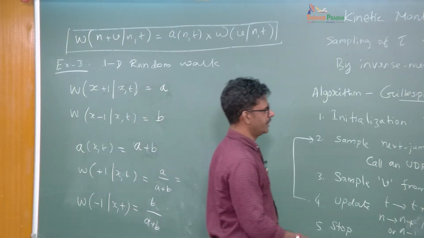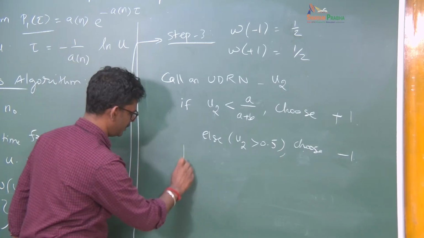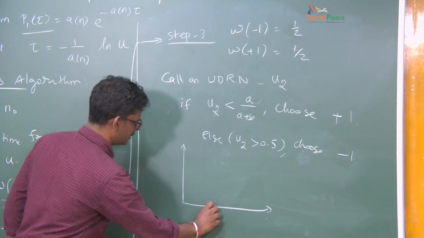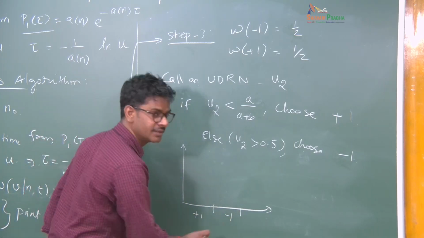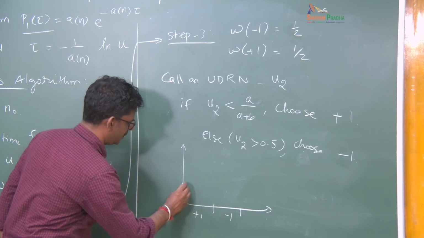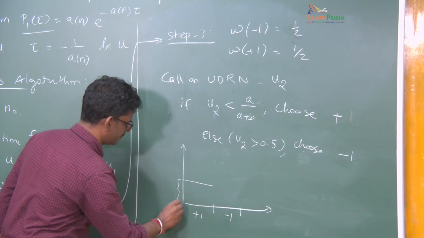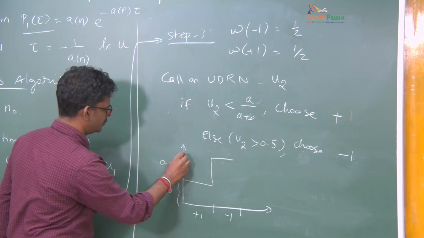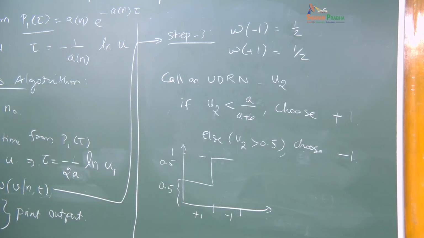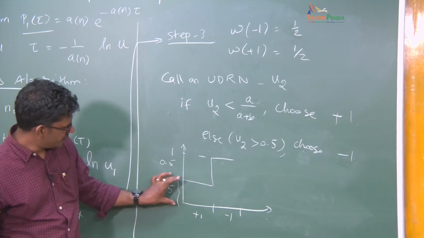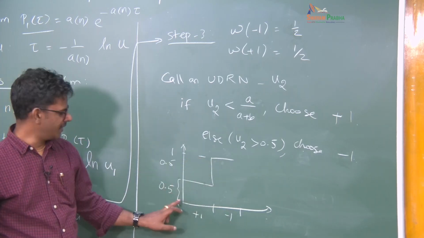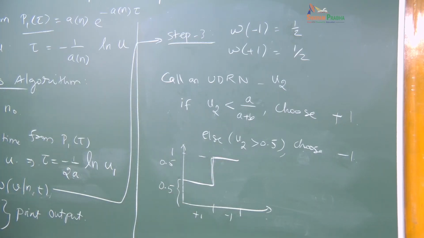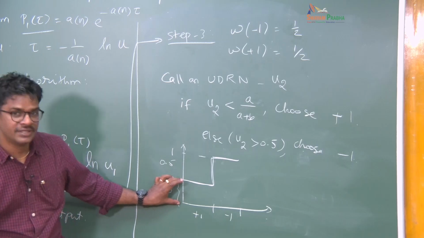So, what I am actually doing here, if you think carefully, is thinking about a cumulative probability. I have two states, plus 1 and minus 1. Let us say this has a probability of 0.5, and this is another probability of 0.5. So, total is 1. Now the probability for plus 1 is 0.5 and the probability for minus 1 is 0.5. So I have constructed a cumulative distribution. Now I am calling a random number, and if the random number happens to be in this range,